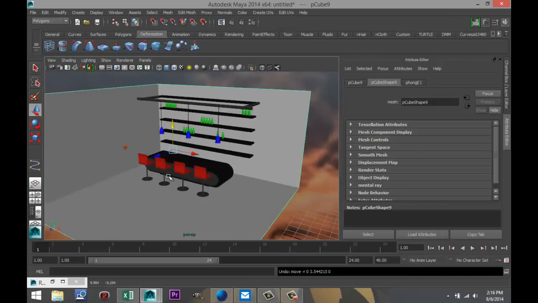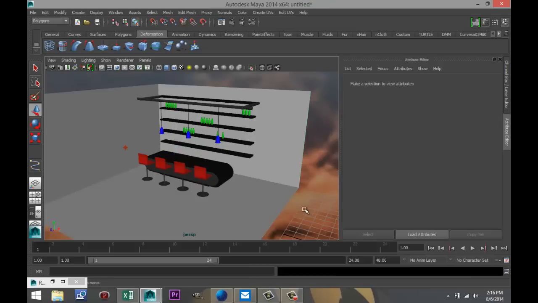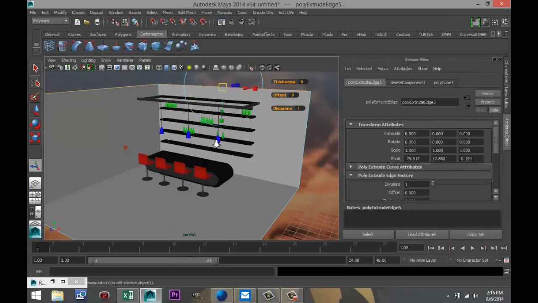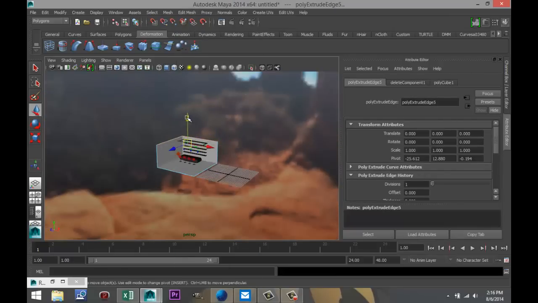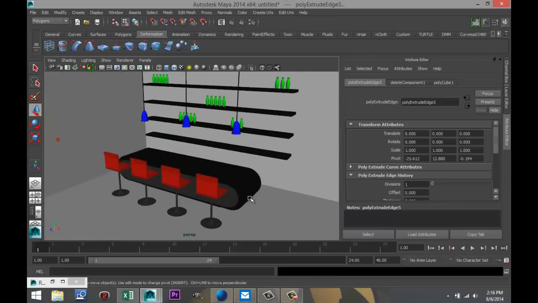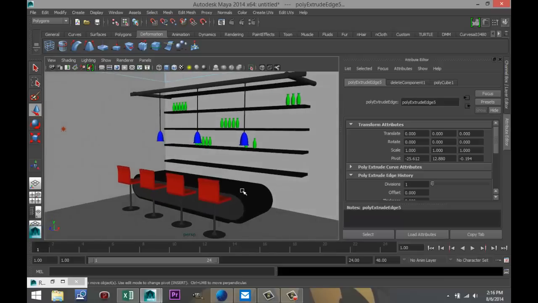I can't. Oh, hang on. I forgot that the walls are connected. So what I'll do is I'll right-click, go to Edge, select these two edges, Edit Mesh, and Extrude, and I'll just pull them up, so I don't have to worry about that in my scene. So I can rotate this angle a bit,